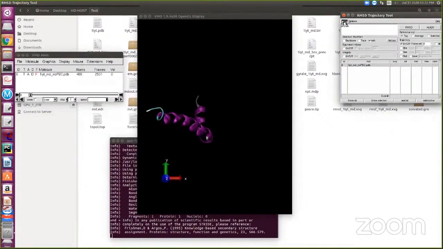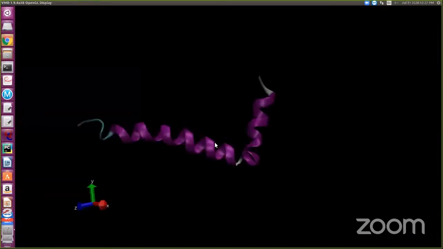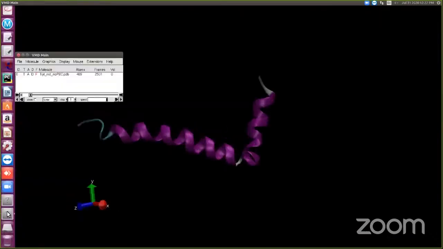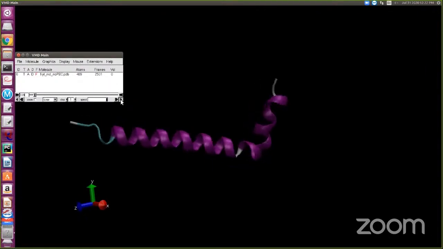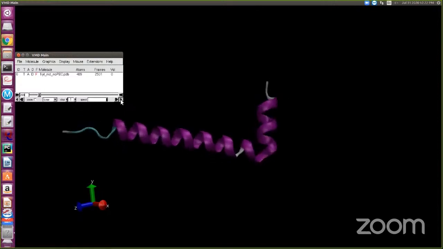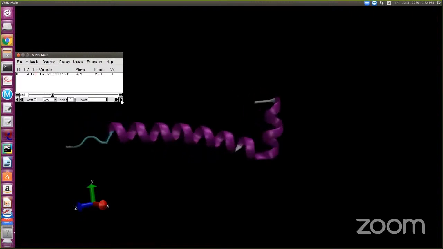So from the first step, this is the protein I have shown here. I'll just show how it runs in the entire 5 nanosecond simulation. This is how the protein behaves inside the simulation box. Actually, I have not taken the box, I have removed the box. So this is what is happening.